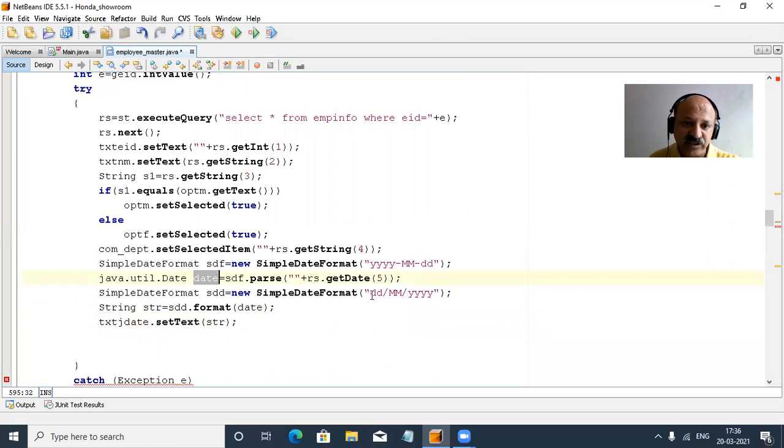So we convert this format and display it in our JTextField, txtJDate, that is the ID of the JTextField. So that perfectly means our date is properly selected in the required format. That is very important.